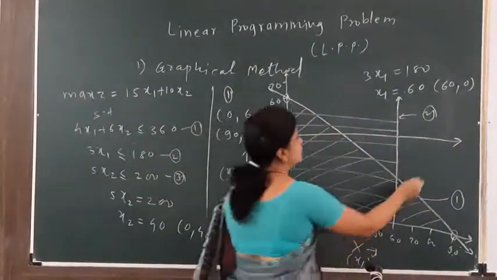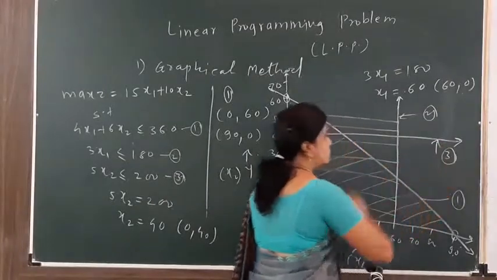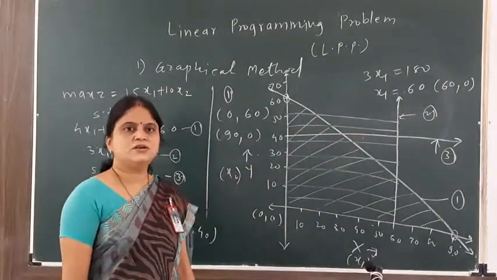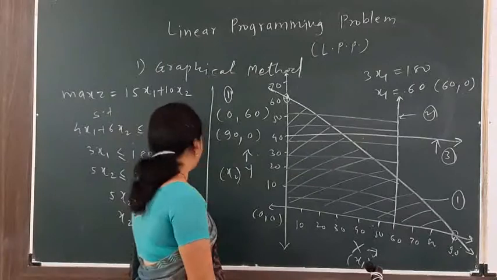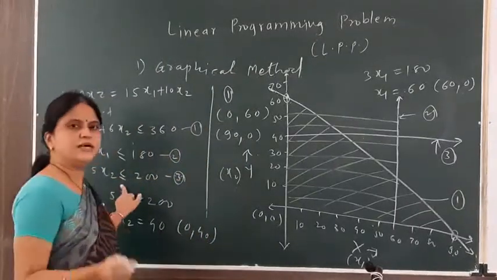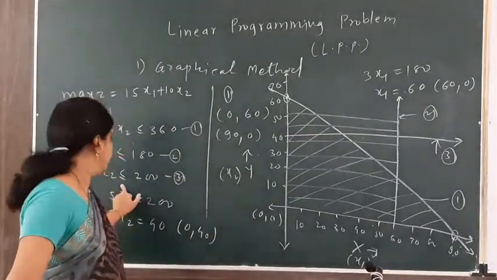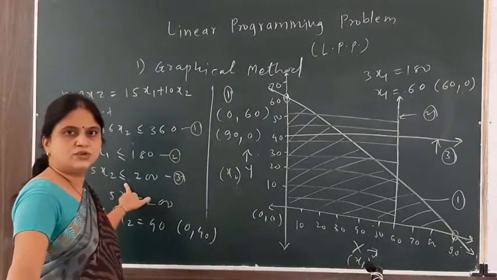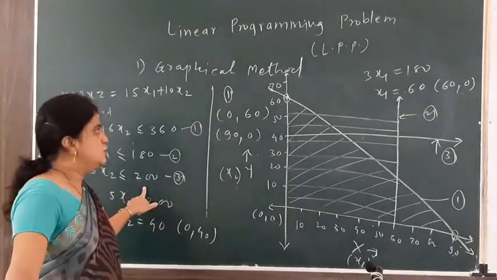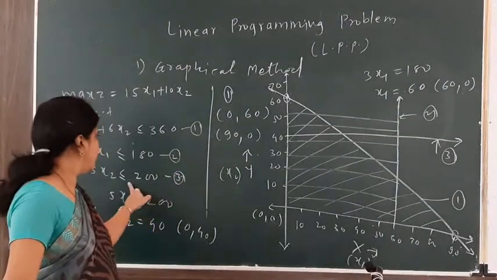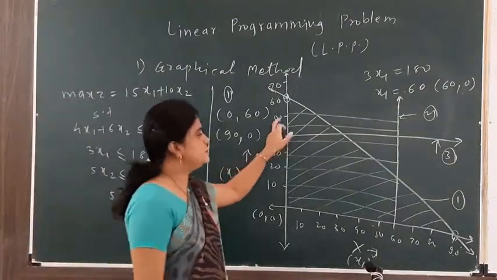Okay, this is my third line. So how do we get this? Now in the third line, again my constraint is less than or equal to type. That means 5x2 is less than or equal to 200. Okay. So since 5x2 is less than or equal to 200, if I put the value as 50 over here,